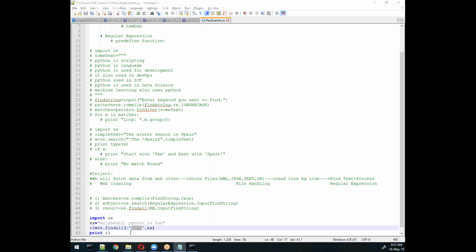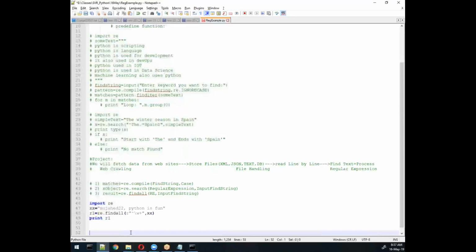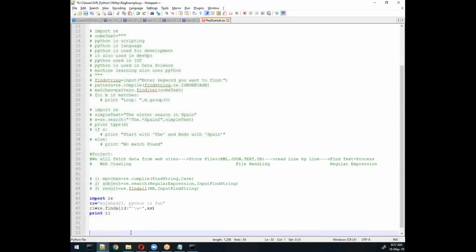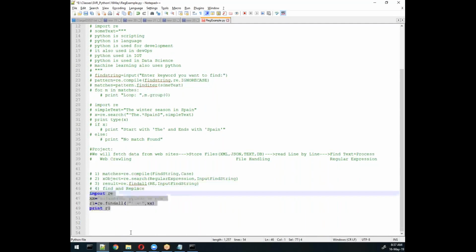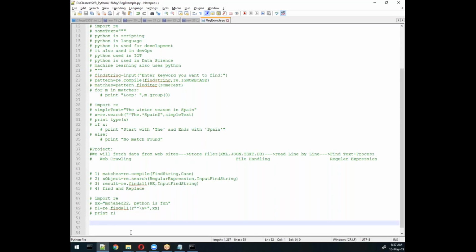Now another helpful example is another function we have called find and replace, which is very helpful for us. Find and replace will help us do this. I'll show you how to do this find and replace. Here I'll use import re and then some message. I'll write mobile equal to some mobile number. My mobile number